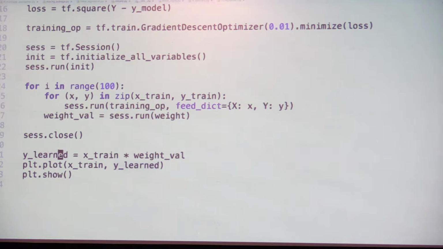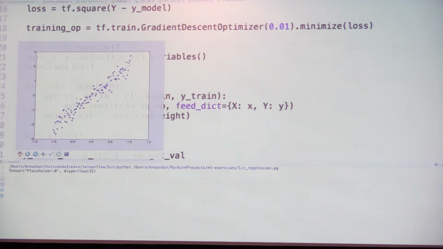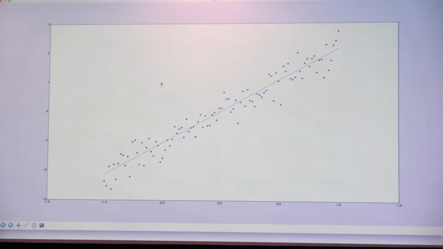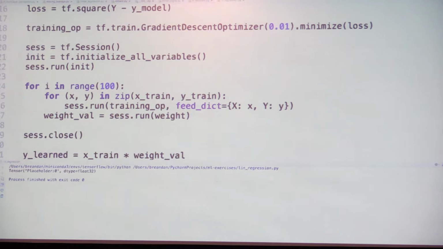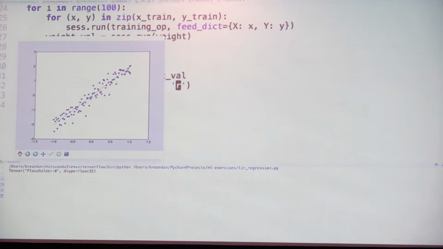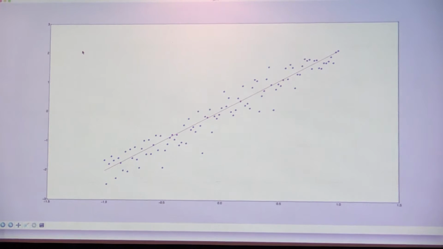Okay, let's run this and see what happens. Okay, so let's, I don't know if you can see this. Let's make this red. Okay, that's a little better. So, this looks a little bit like our data. This is the pattern we've found. We've learned the slope of this line, just given the input data, and